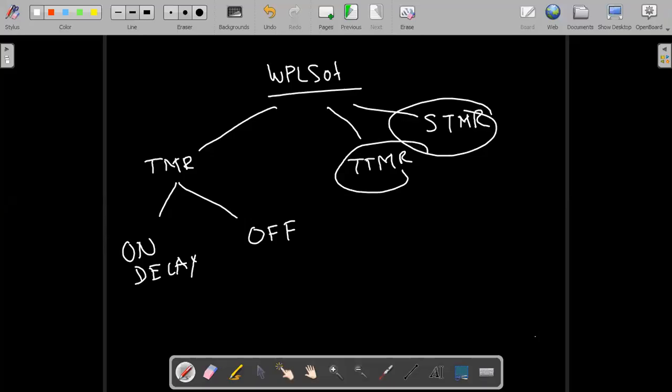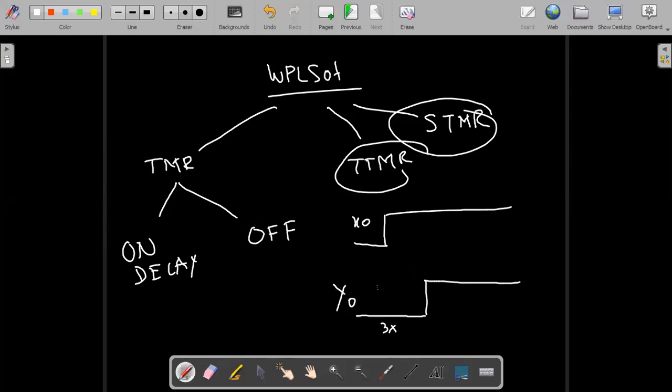So what happens in an on delay timer is, first you add your switch. The switch is H0. Immediately after the switch is pressed, after 3 seconds delay, my output will become high.